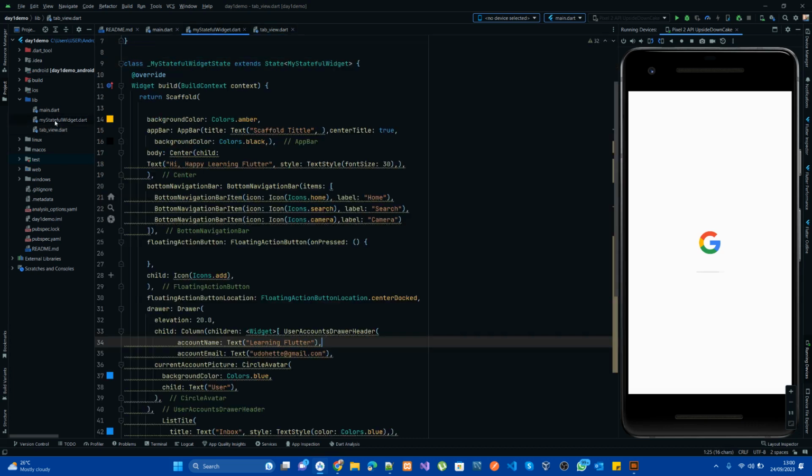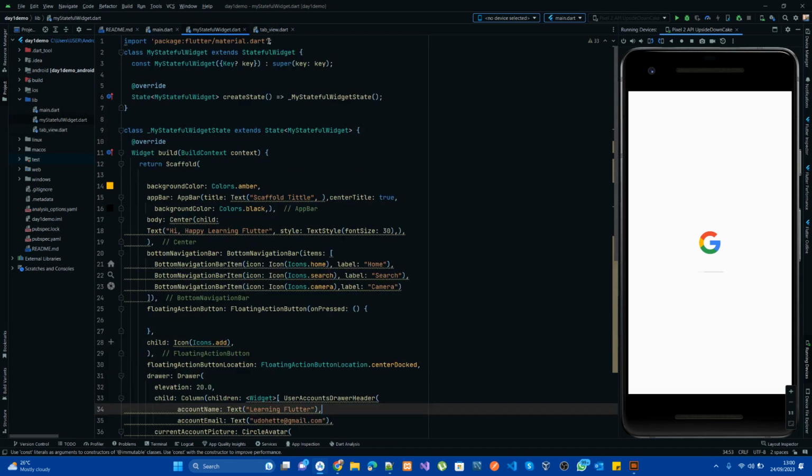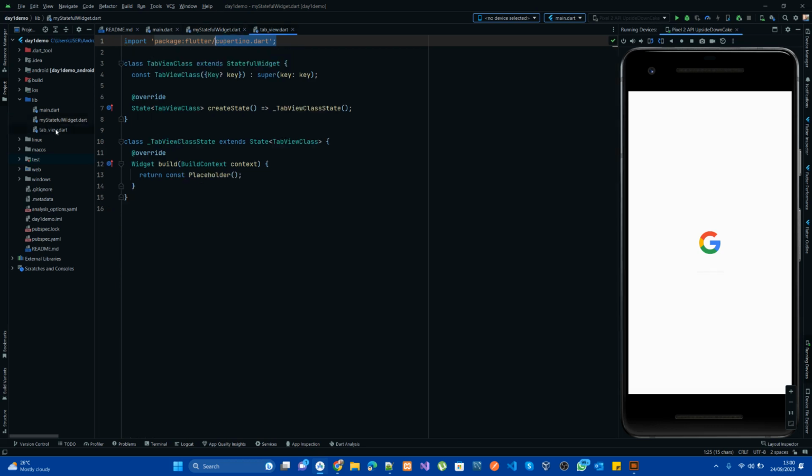If you look at this, we use material design, right? So the difference is just the platform specific. So for this, we are building platform specific for Android. We're using most of the Android widgets in this class, while in our tab view class here,